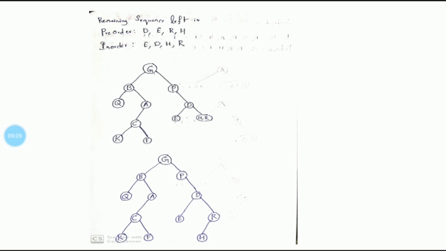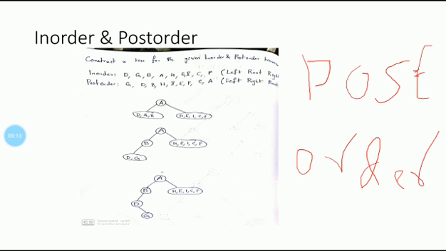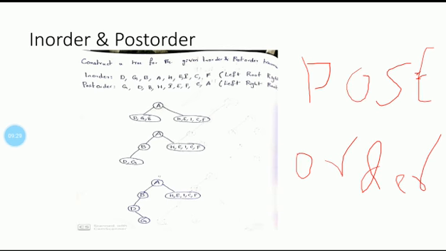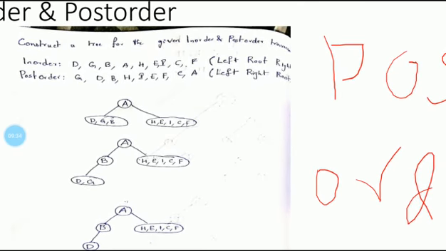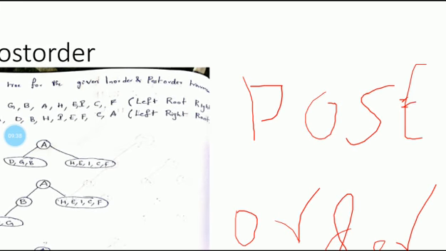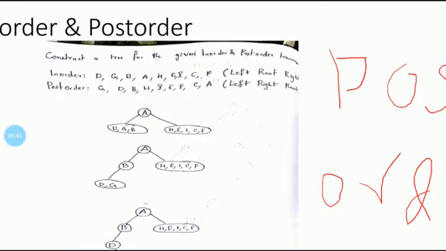That's it. And in the next problem, again we need to construct a binary tree, but here the problem is somewhat different, and they are going to give an in-order and post-order sequence as an input. So the in-order sequence is D G B A H E I C F, and the post-order sequence is G D B H I E F C A.